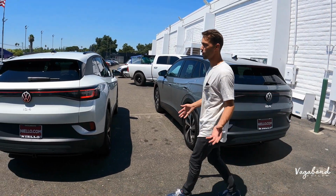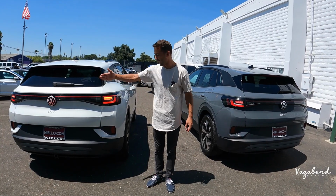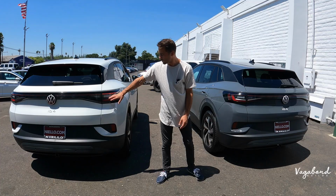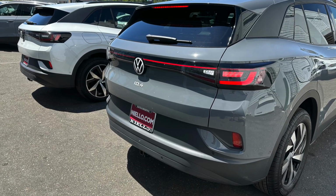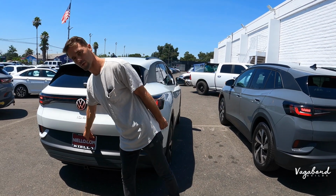In similarities, I don't want to be boring or anything, but nothing has changed in the back. LED lighting in the back here on the Pro and the Pro S. We left the hazards on so you guys get an idea of what it looks like, okay? You got the bumper sensors integrated with your camera right over the